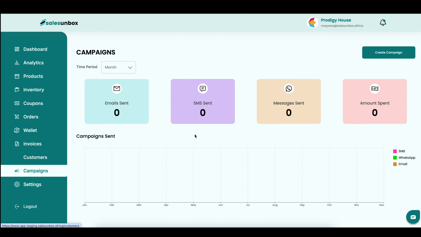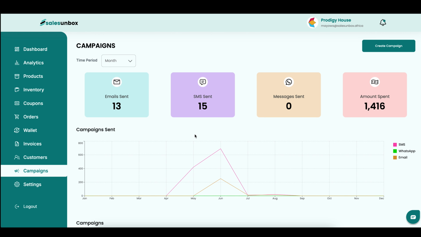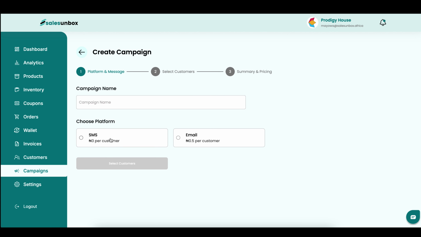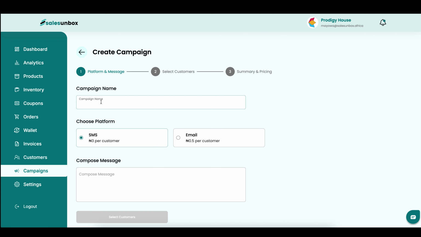Then we have campaigns. Campaigns are for sending email campaigns, SMS campaign, WhatsApp campaign. At the moment, we have just released the SMS campaign, so our businesses can create a campaign, select SMS, put in a campaign name, let's say test campaign, right? Send a message. This is a test campaign,